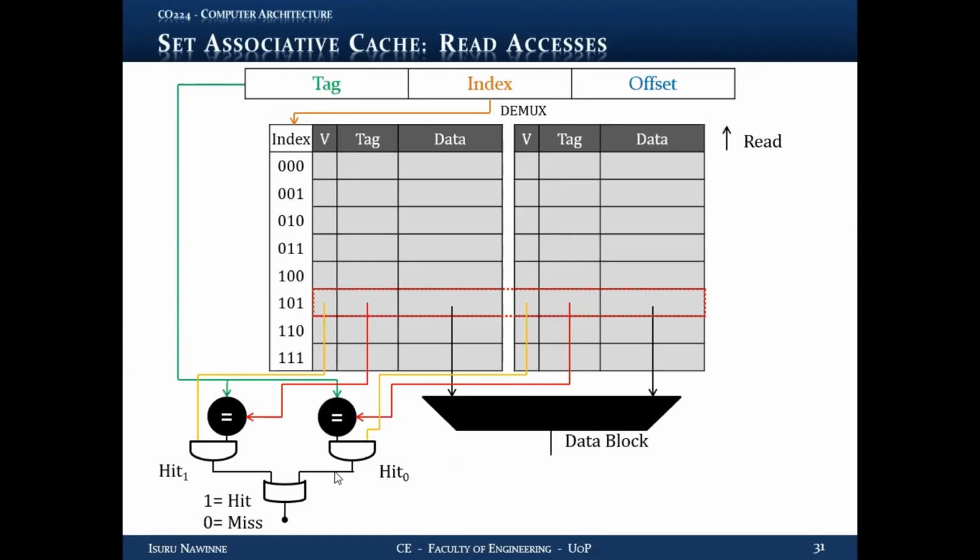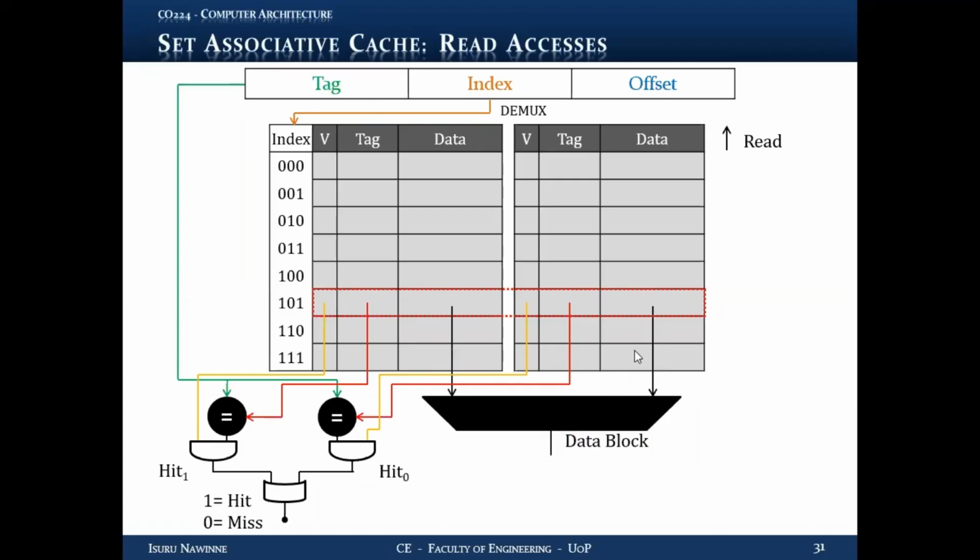Hit status of two comparators. Yes, exactly. You need both hit status. In this particular instance, you might be able to use one, but if you have more ways, if you have more comparators, then you really can't use only one hit status. You have to use all of them. So hit status of each and every comparator plus this AND gate you have to use in order to figure out the data block, which data block we